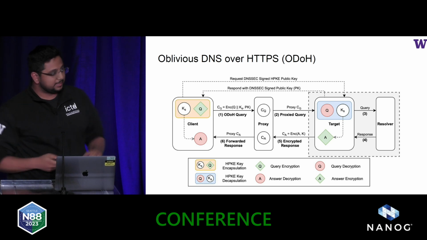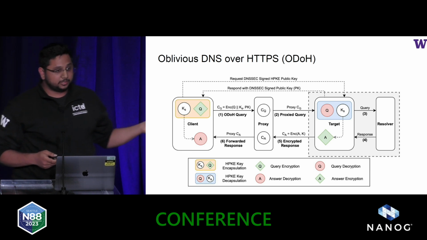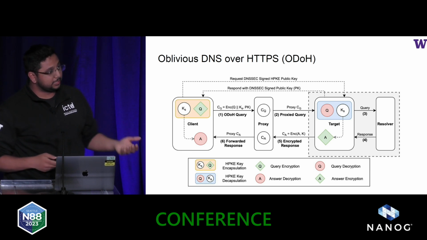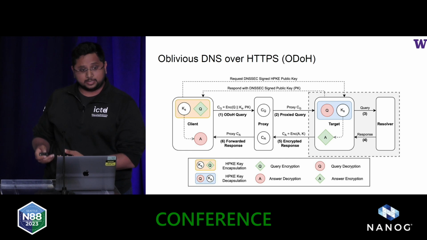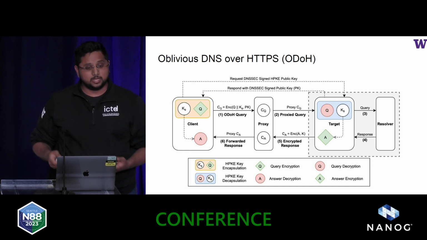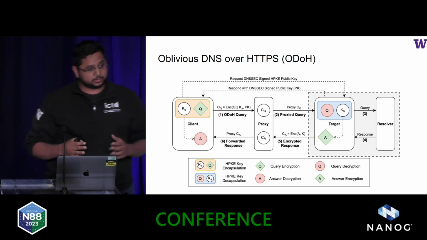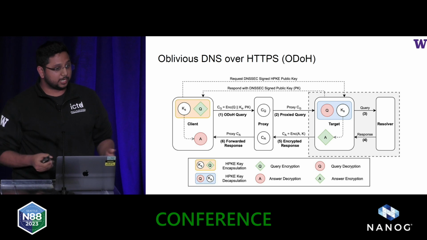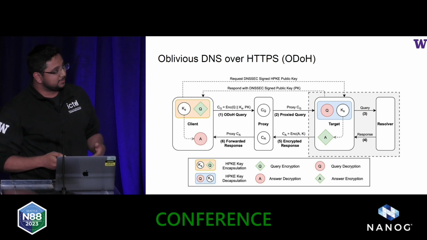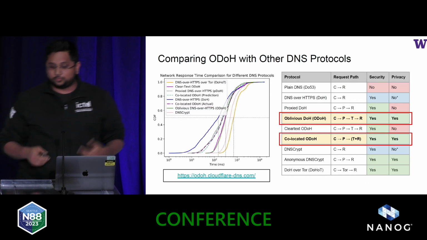The proxy is put in place so that the proxy knows information about the client, but has no information about the query or the response that it gets back. And the resolver has the information about the query and can create the answer as they can do today, but has no information about what the client is. And this split in the kind of data that we expose to different parties helps us improve the privacy. But of course, there is no free lunch.